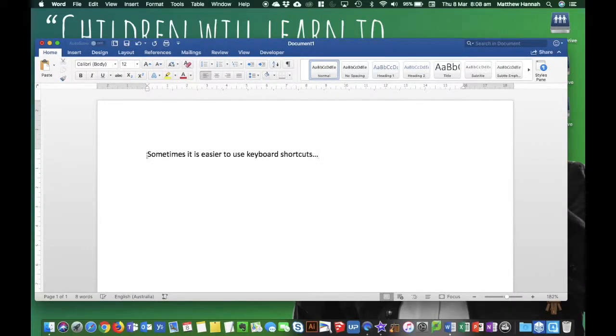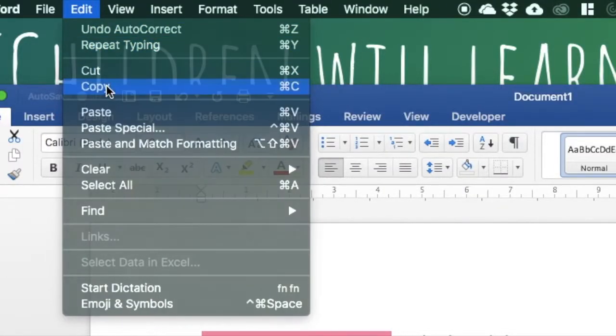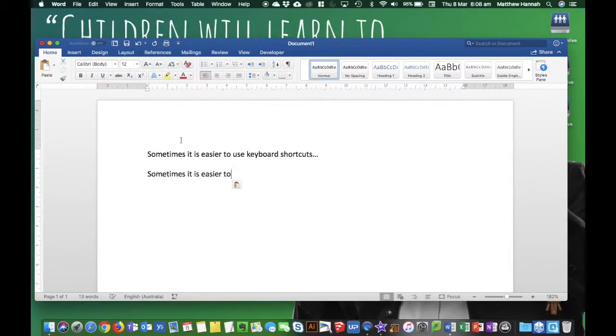This vital sign is all about efficiency and productivity. So some of the symptoms you might see is that you're doing things in a longer way or a more difficult way when there are easier ways to do it. Things like copying and paste from the edit bar,